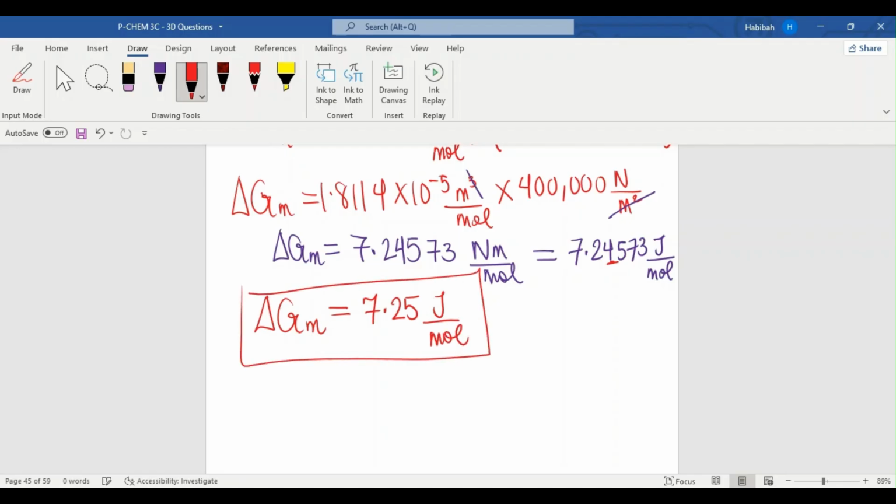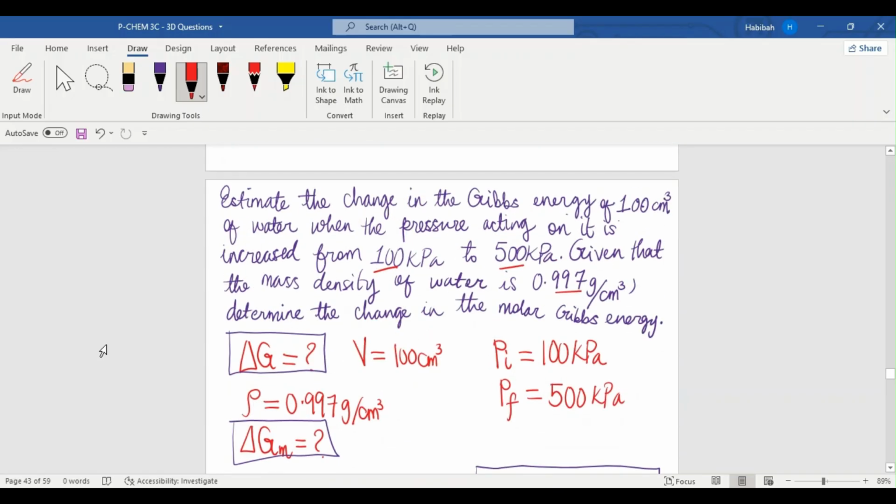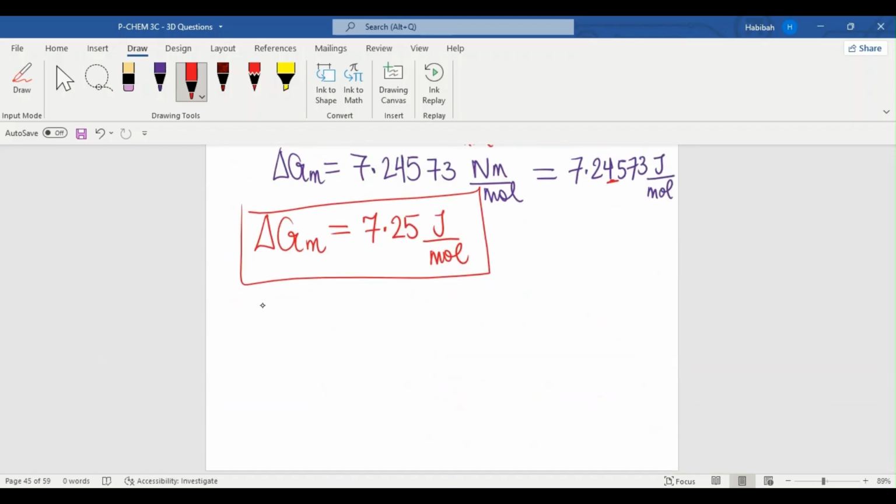Now, I wanted to also mention something. If you go back to our question, you notice that we're not simply asked to find the change in molar Gibbs energy. We're also told to estimate the change in Gibbs energy. Well, if you remember what I taught you, the change in Gibbs energy is the same thing as the number of moles times the change in molar Gibbs energy. So the change in Gibbs energy is now simply going to be the number of moles. We know that to be